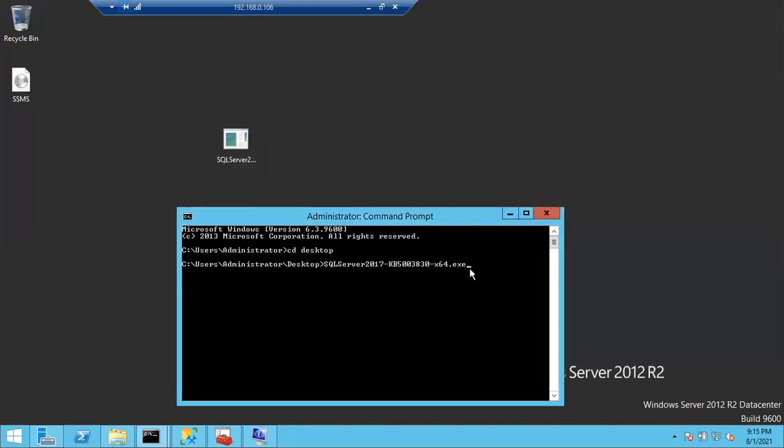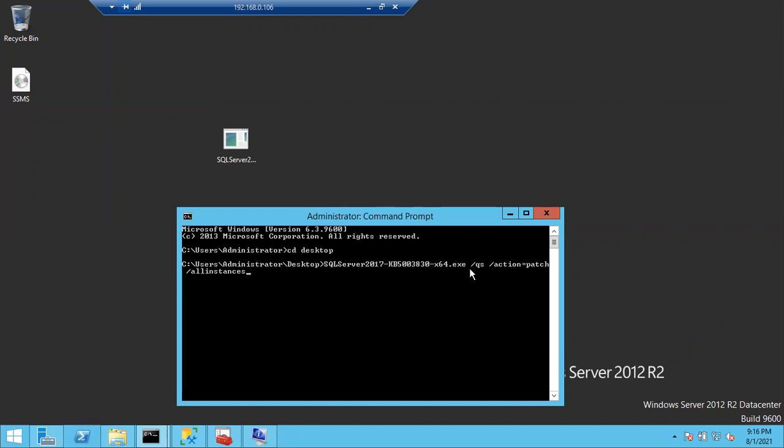Then hyphen slash qs hyphen slash action is equal to patch, space, instance is equal to the name of the instance. All instances will patch all the instances. As I have only one instance, you can mention all instances.